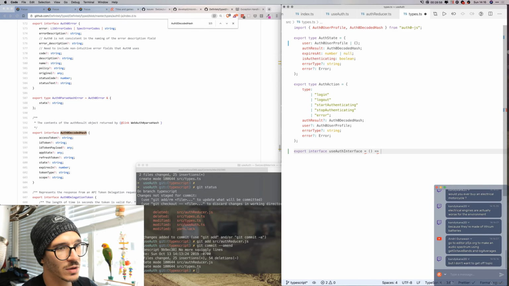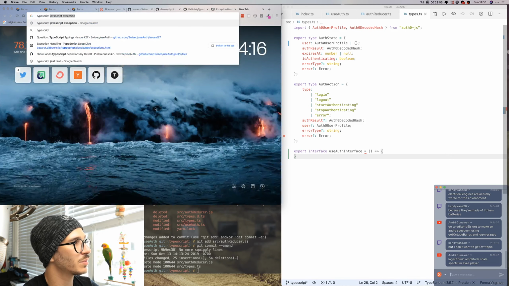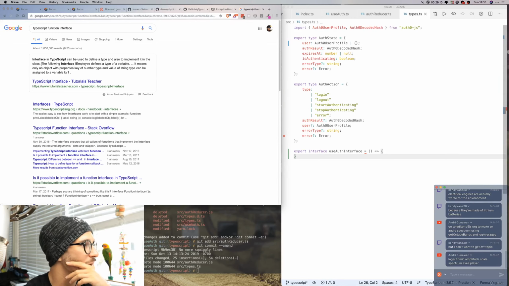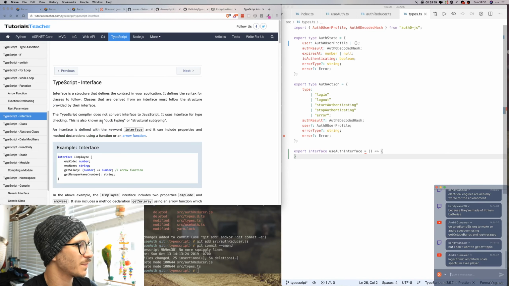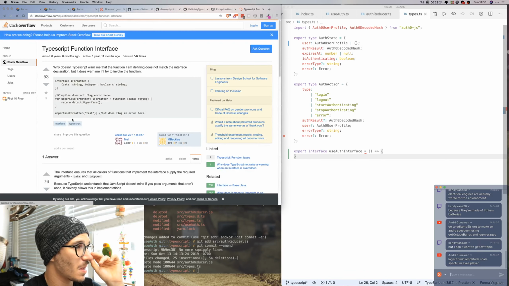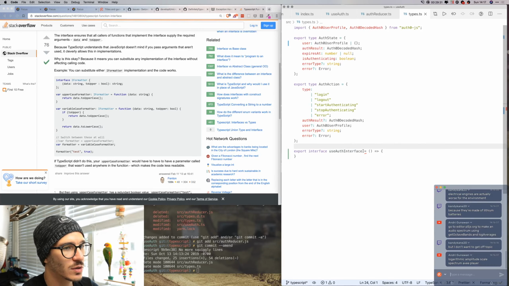that returns, is that how we define a function interface? Let's see, TypeScript function interface. I always forget how to do that. Interface in TypeScript can be used to define a type and also to implement it in the class. The following interface, TypeScript function interface. And interface equals a, okay, cool. So auth